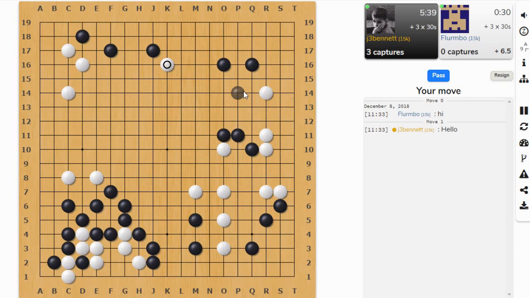cap here. What's the worst that can happen? He pushes. I can come underneath. I want to come over here and connect these stones up. I'm a little worried about these 3 stones here getting cut off. And these stones can fend for themselves. Maybe I'll just surround this stone here. So yeah, let's